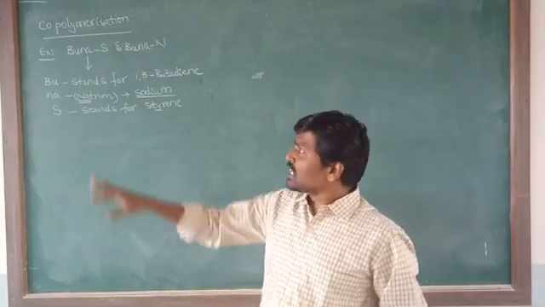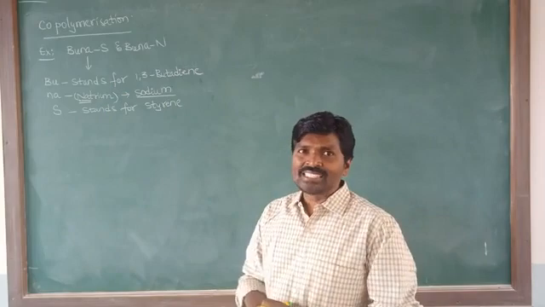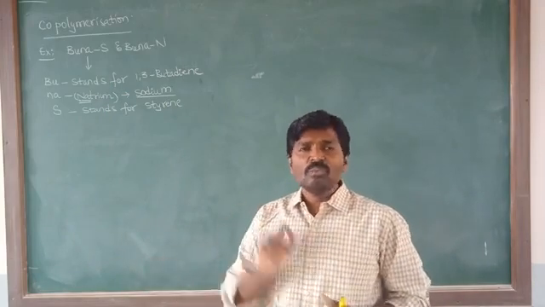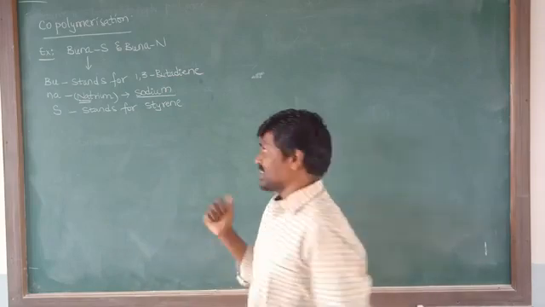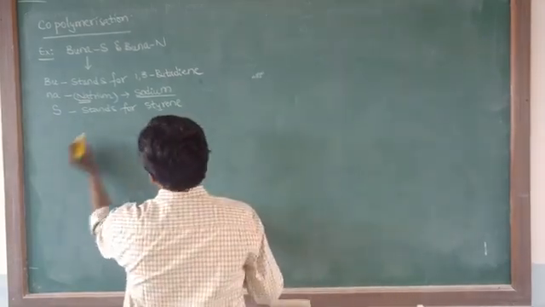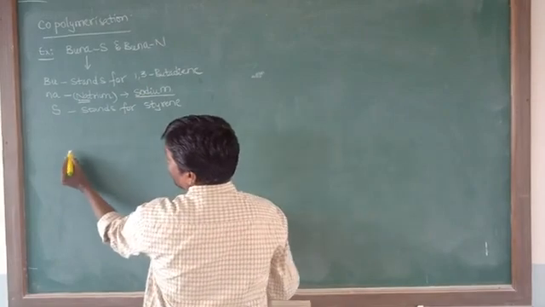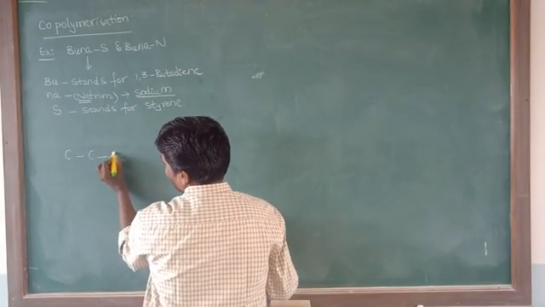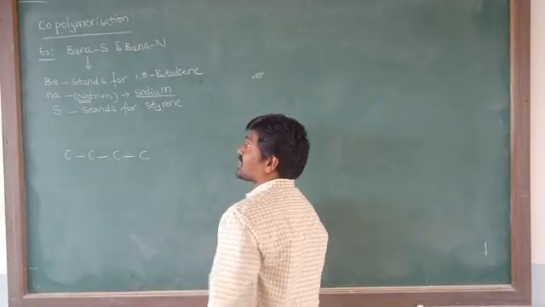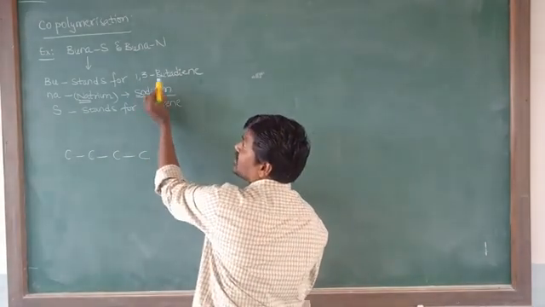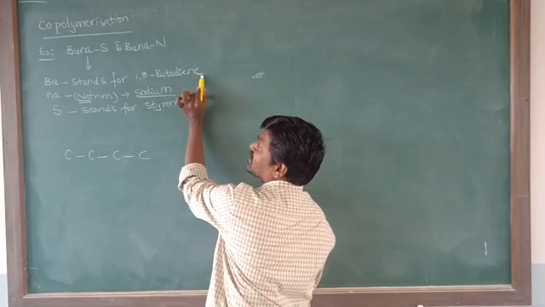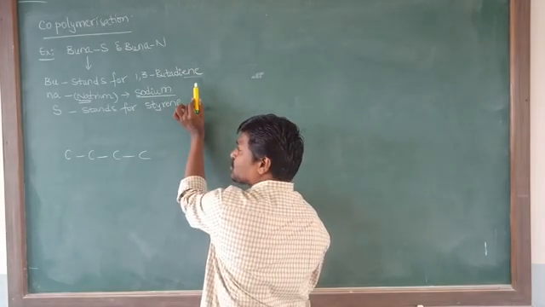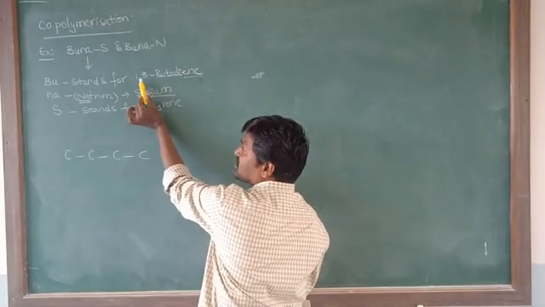They are also examples for copolymerization, because here we are taking different types of monomeric species. Now coming to the first one, 1,3-butadiene. Buta means 4 carbons are there, I'll write that 4 carbons here. In 1,3-butadiene, the ene indicates the double bonds. The double bonds occupy the first position and the third position here.